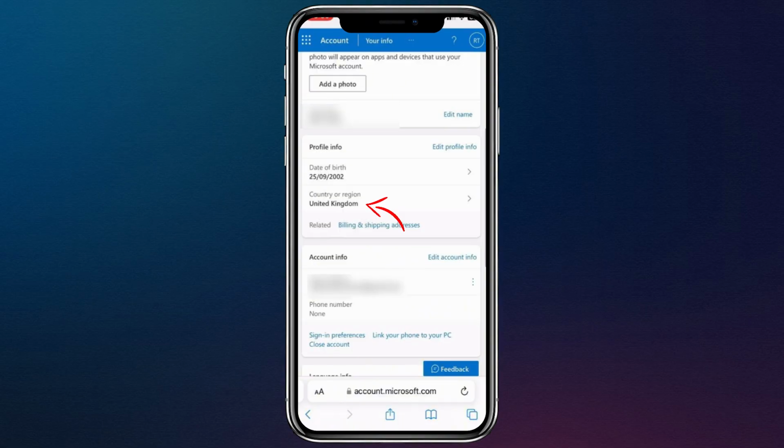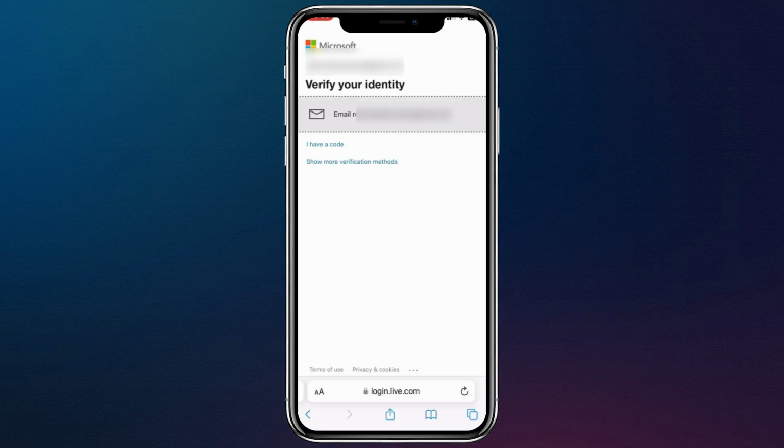This section contains all of your personal account details. Scroll down until you see the option labeled Country or Region. Tap on it, and the page may take a moment to load. In some cases, Microsoft may ask you to verify your identity again for security reasons, so just complete that step